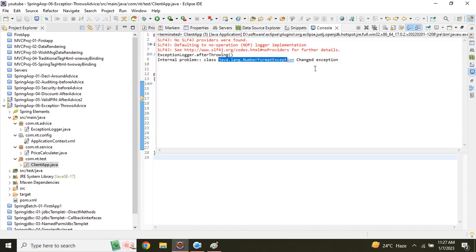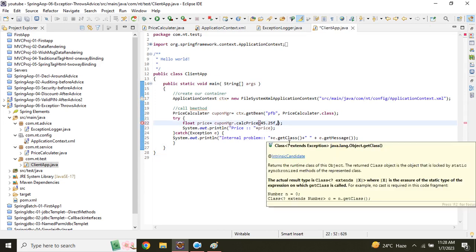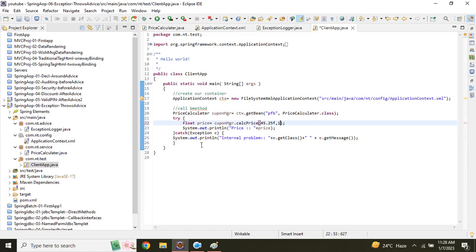Class is this, and changed exception. Changed exception means it is calling what? It will transfer to where? Presentation tag. Okay, this advice will be executed. If I give the right number,